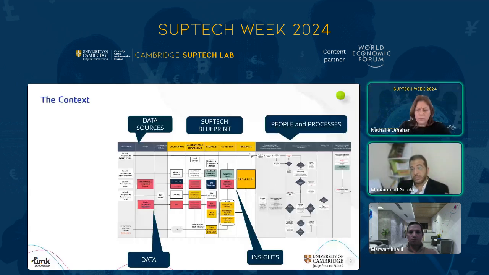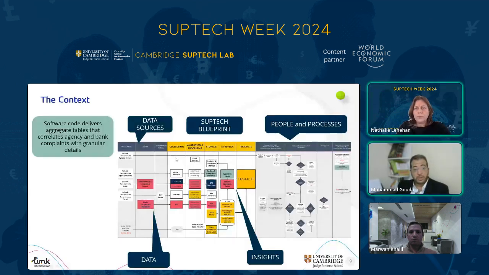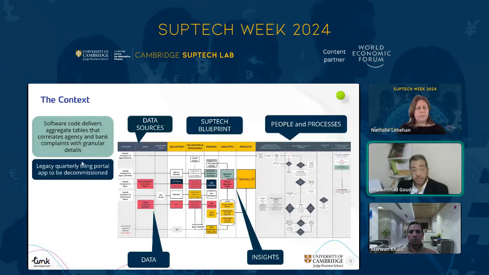And on the right side here, we have the people and the processes. But mainly what I would like to focus on here is this part. So you see some building blocks with different colors. The semi-green color is software code that delivers some aggregate tables to correlate agency and bank complaints. And the dark blue building blocks are the legacy system, the solutions that existed before we started